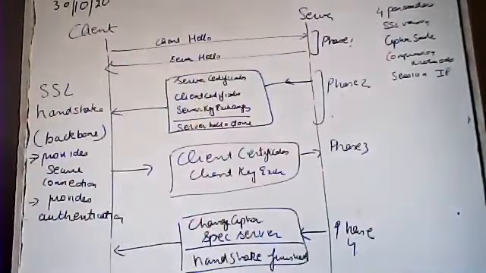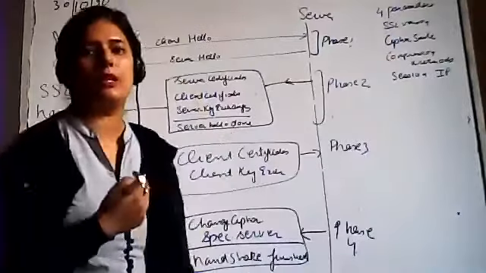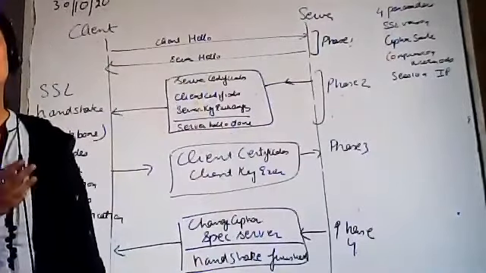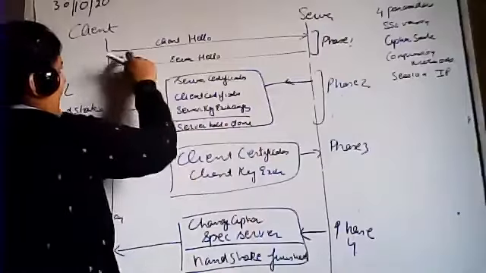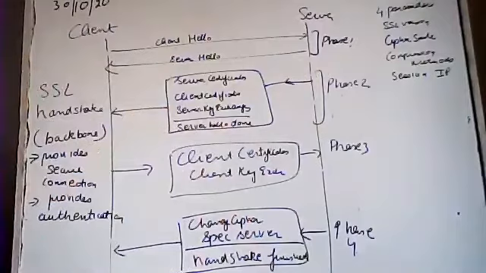Now what will the server do? It will just respond to the client query. The server will decide what type of algorithm to use, and it will send a list to the client for the future. So it will transfer that list to the client, saying these things are available, these things it will follow for the future communication part. Clear? So client will first say hello to server, then server will reply to the query of the client with this particular hello message.